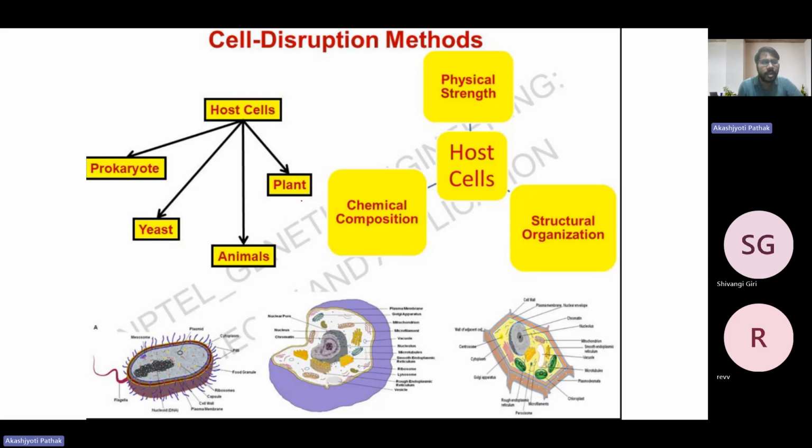If we look at the cell wall again, the cell wall of a plant cell is different from the cell wall present in yeast and in prokaryotes. Similarly, the structural organization in these different host cells is also different. A plant cell has a large vacuole, an animal cell has a small vacuole, and there are other components present in plant cells that are lacking in animal cells. Their chemical composition and structural organization are all different, and utilizing these differences, we have to use different cell disruption